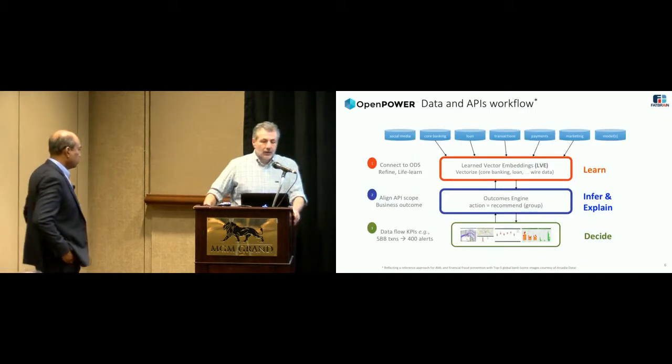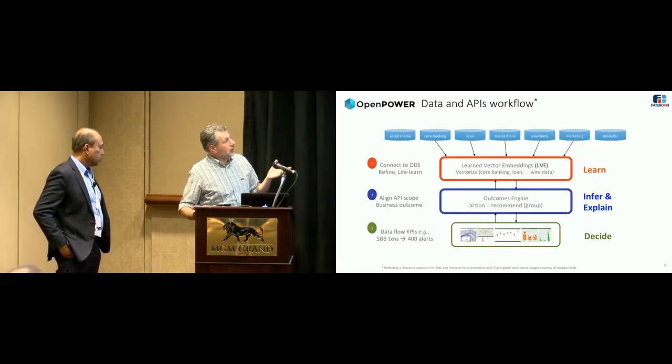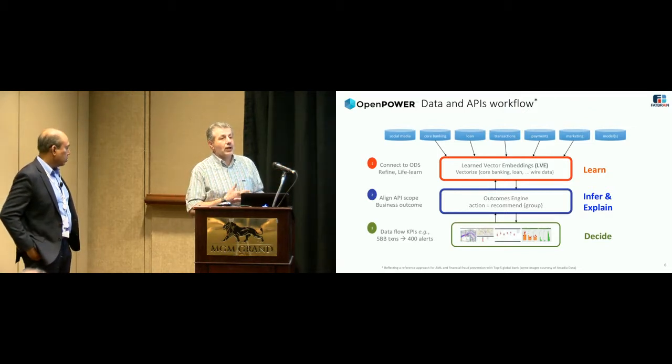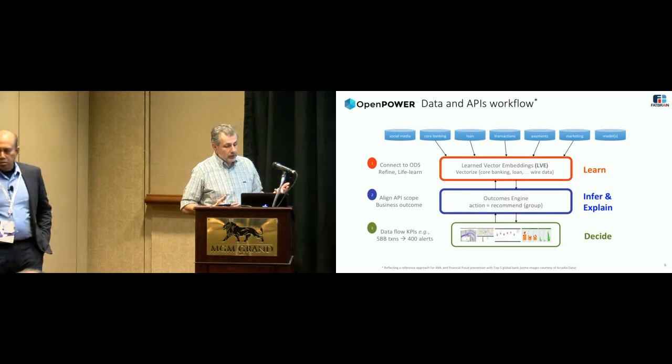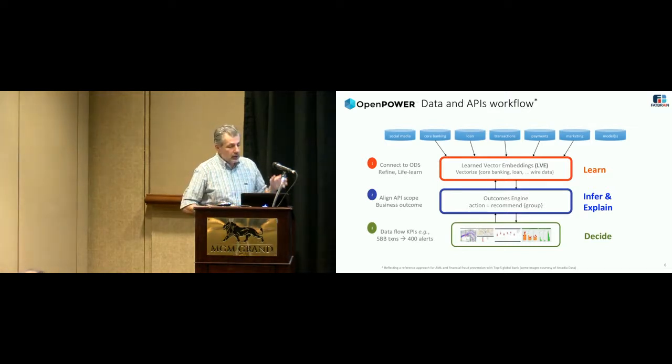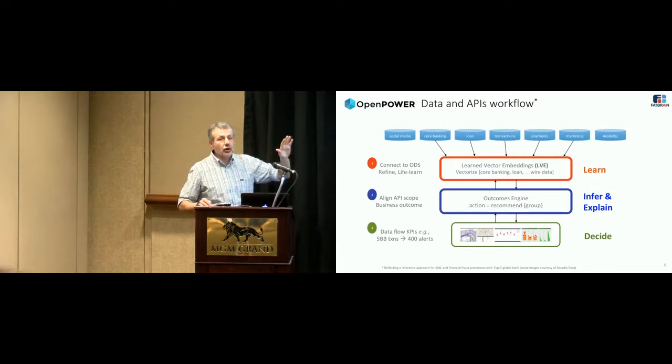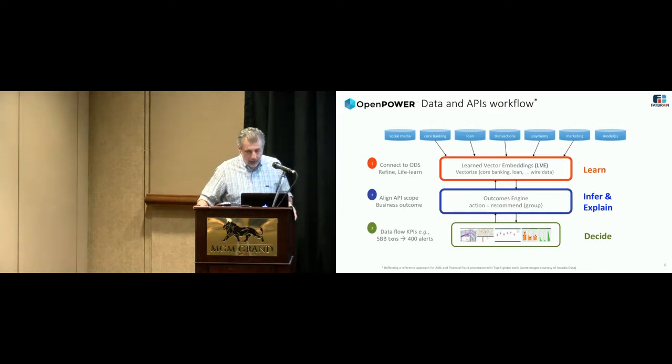Okay. This is a little bit of how the stuff works. So there's 3 simple steps. One step is simply connecting to the existing operational data stores. And the operational data stores could be as varied as literally social media, which is completely unstructured. This is Twitter, Facebook, YouTube, whatever. All the way on the other side, highly structured models which are regulated. Literally a model that you have running in a bank, or a model that's deciding whether to lend something or not lend on something, and so on. And all the core systems in between.